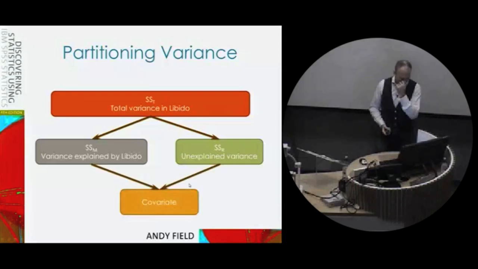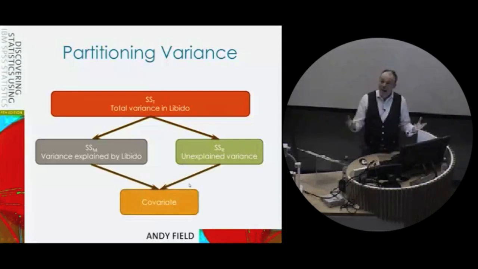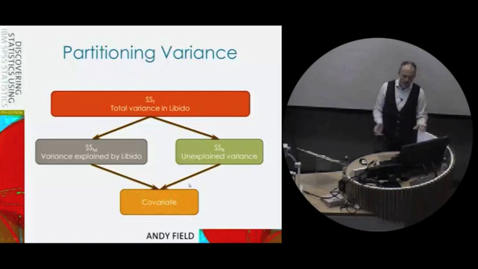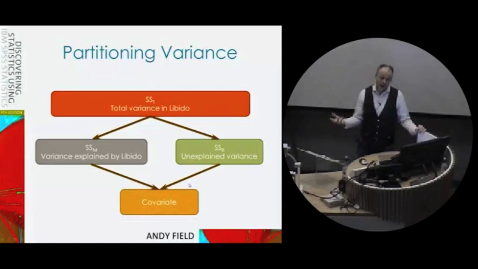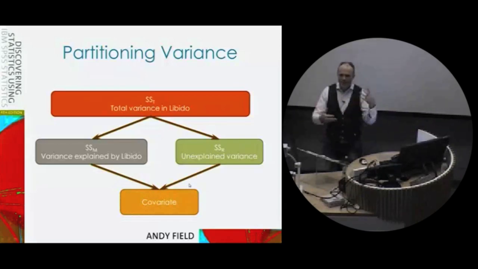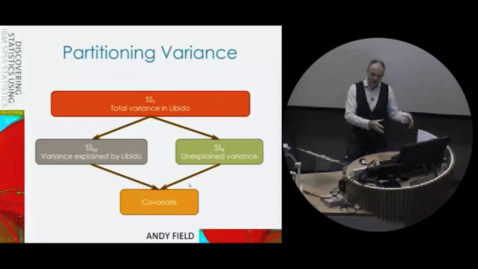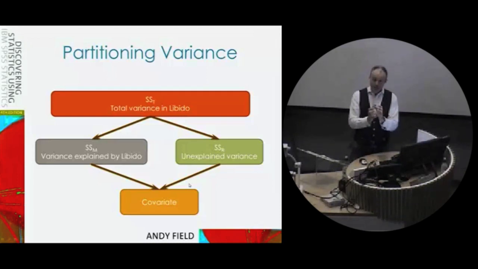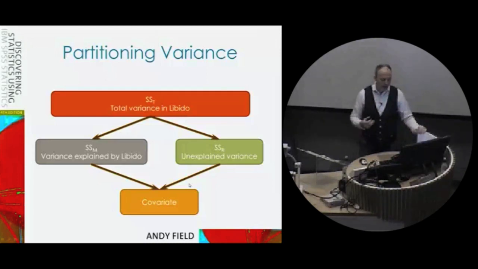But sometimes the covariate will overlap both with your experimental effect and with the error. So this is a less ideal scenario, but it does sometimes happen. This is why I say, on balance, it's a good thing to try and measure extraneous variables and maybe use Ancova, but it doesn't always work out in quite the way you planned. So ideally, we're explaining some of the error, and that's a good thing. It will increase our sensitivity, but it can be the case that the covariate that you've measured overlaps with